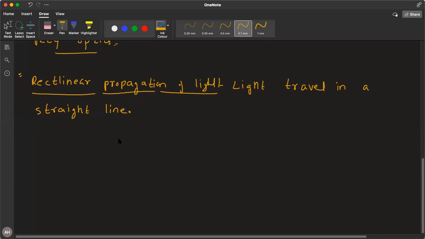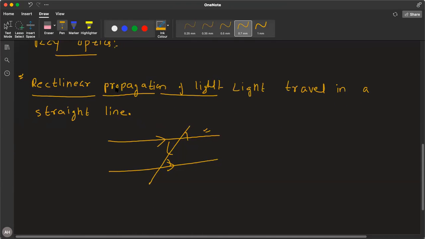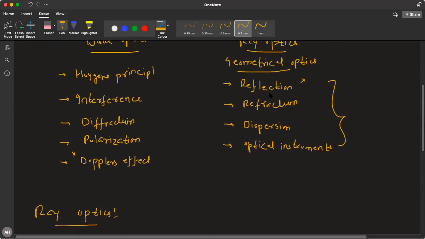If light travels in a straight line, then light rays will follow all properties of the straight line. Like if you have two parallel lines, then they will meet at infinity. If you put a transversal, then alternate angles are equal, corresponding angles are equal. All these properties that you have studied for a straight line are also valid for light rays. So this is one principle on which the whole ray optics is valid. The basic principles that we will study in this section are valid for all topics of ray optics: reflection, refraction,